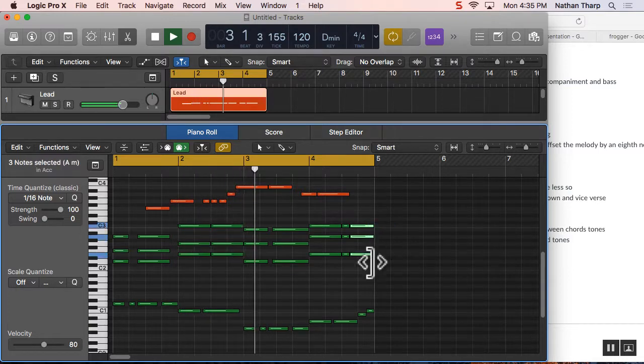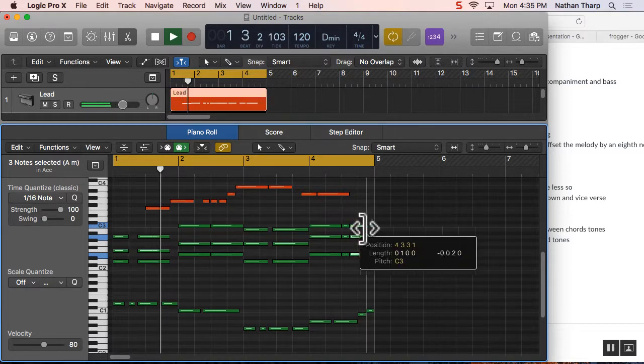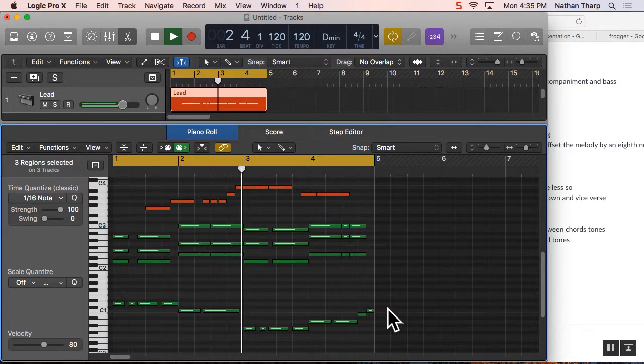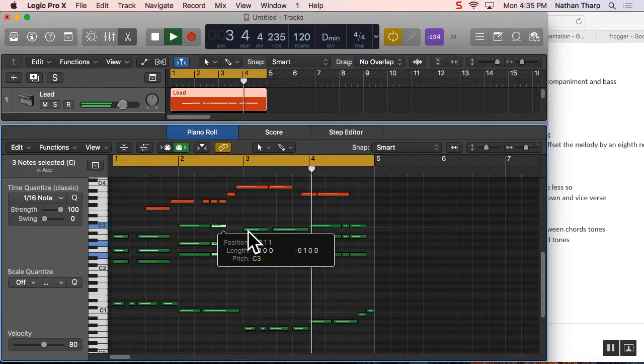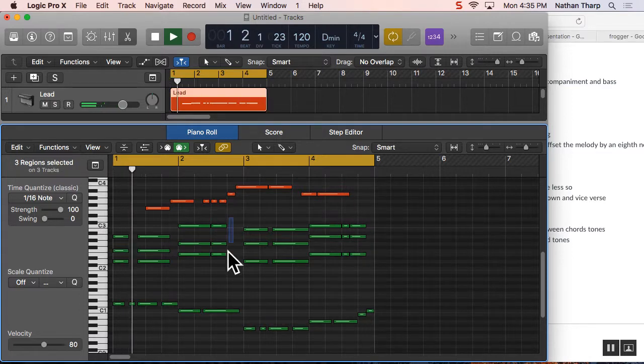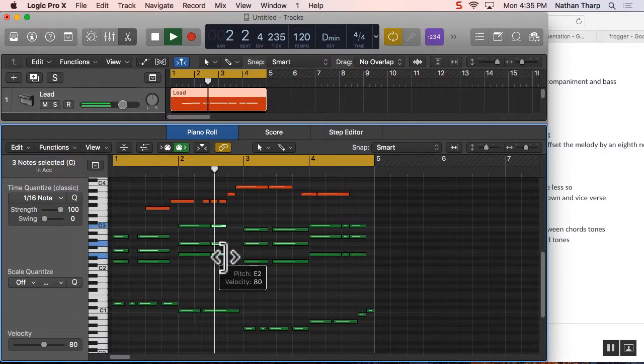I could even cut out, just like when we're working on loops, I can reduce the accompaniment there so you can really hear it. I could shorten those accompaniment notes so you can hear the bass more, right? I'm going to let it pop out. Do you hear that? Popped out. I'm going to do the same here so you can hear the melody a little better. Just shorten that accompaniment. Hear that? Now you can hear that melody more clearly because I took the accompaniment out there for a second, right? Or maybe that's too much. Maybe I don't want that,